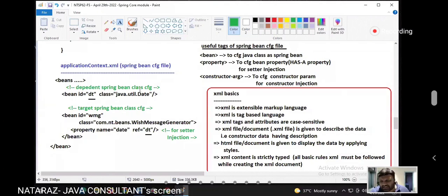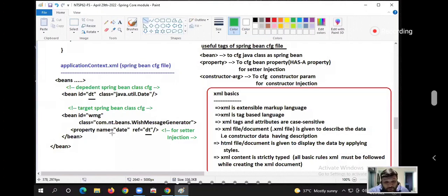That's it, guys. There is no special tag or special attribute to make a class a target, or to make a class dependent, boss. Very simple. Date is used by wish message generator. Date bean ID is there inside the bean tag of wish message generator. That's why wish message generator is the target one, and date is the dependent one. But how to tell Spring container you are interested to perform setter injection on a certain property?